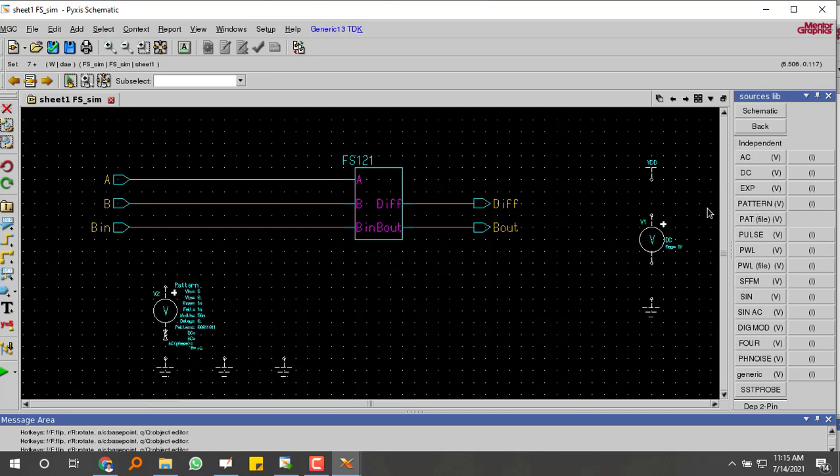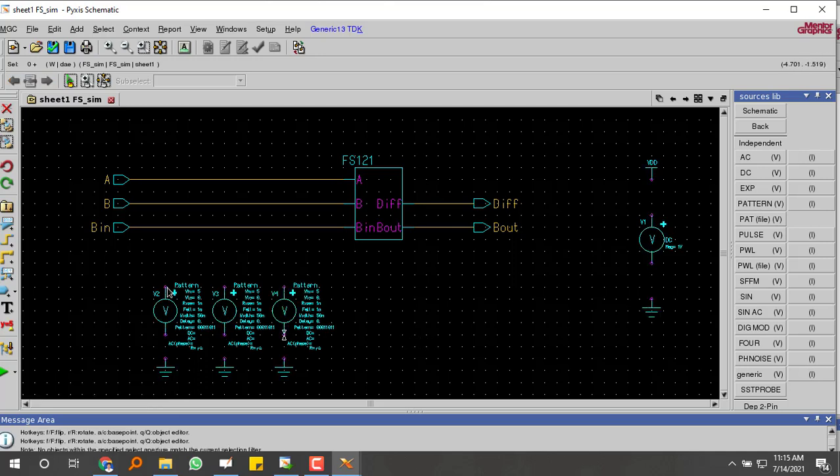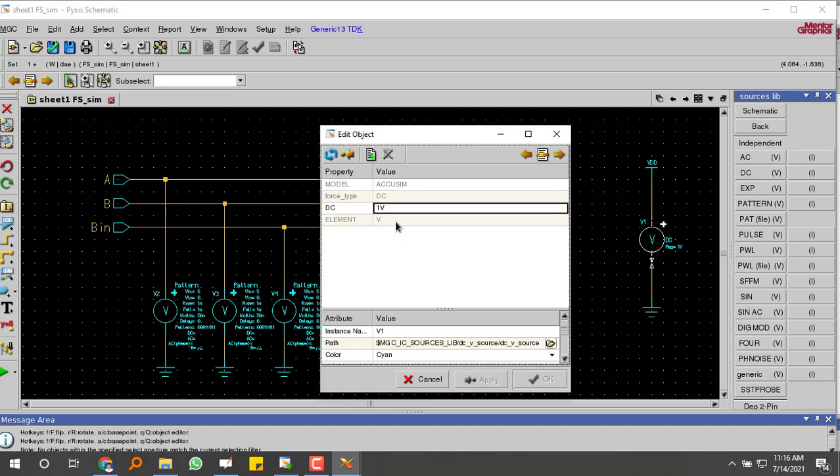Pattern 1 is given to source 1, that is input 1. Pattern 2 is given to input 3, input 4. Once these are all given, please connect those things. Make sure VDD is 5 volts.